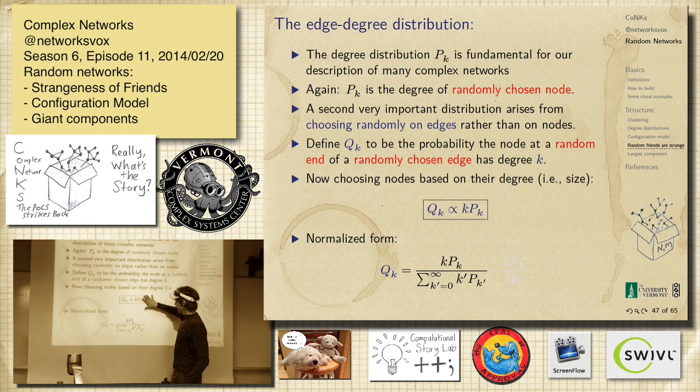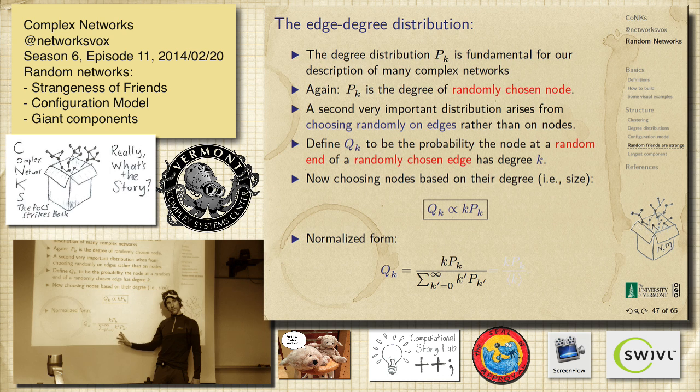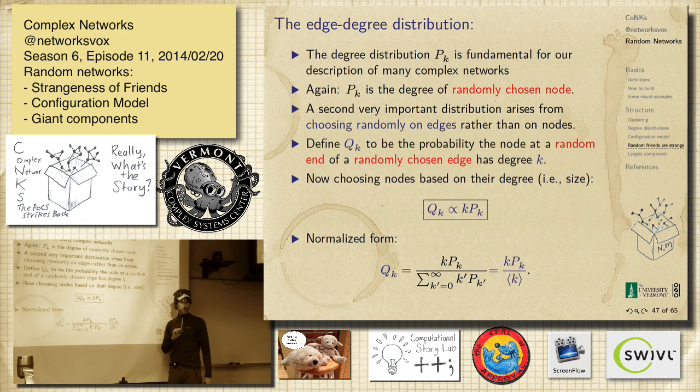It's going to be k P_k, right? That's the expansion that you get. And then we simply have to normalize. So we just sum over all degrees on the bottom. That's what this is. Which has a nice, there's actually something quite nice. So, okay, it's k P_k. We're just summing over all k P_k on the bottom. That's our normalization. What is this object? Yeah, it's actually sitting there. It's the average degree. So we have kind of a nice thing. We can write it like this.